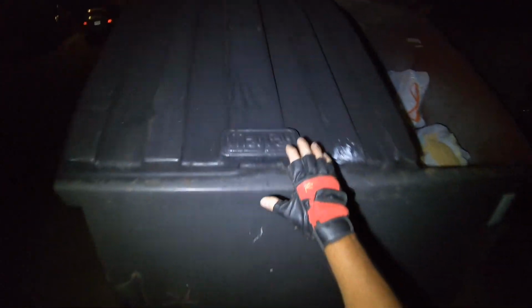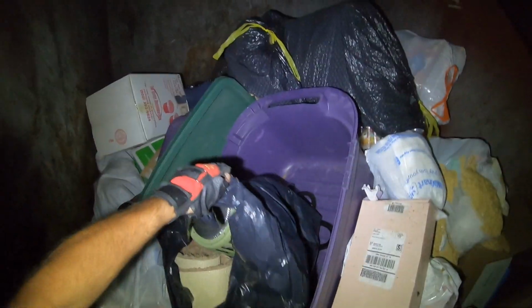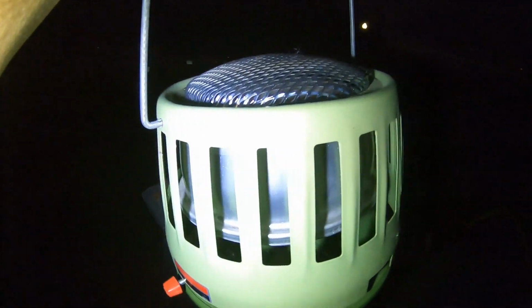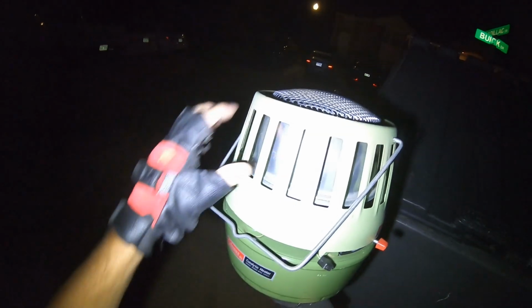Tote action. Oh, hey, look at that. I've got one just like that. That one's nicer than the one I have. The one I have is older, I think. No, that's an old one too. That's in excellent condition. I think that is an